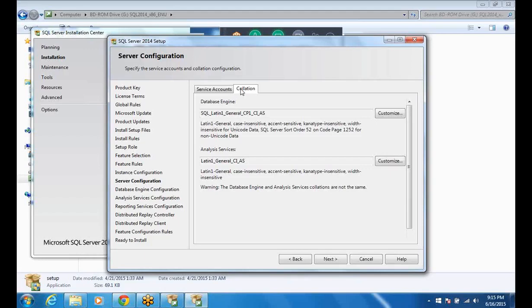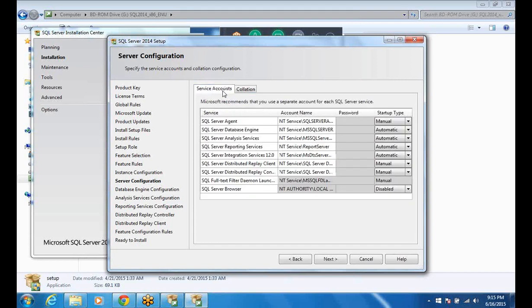Once again, come to service accounts. Click on that. So we have here different service accounts: SQL Server agent, then database engine, analysis services, reporting services. Similarly, here you have full text filter and SQL browser. All these are different components, and these have different instances, so they have service accounts. Service account meaning everything is going to be running like a Windows service. A Windows service just